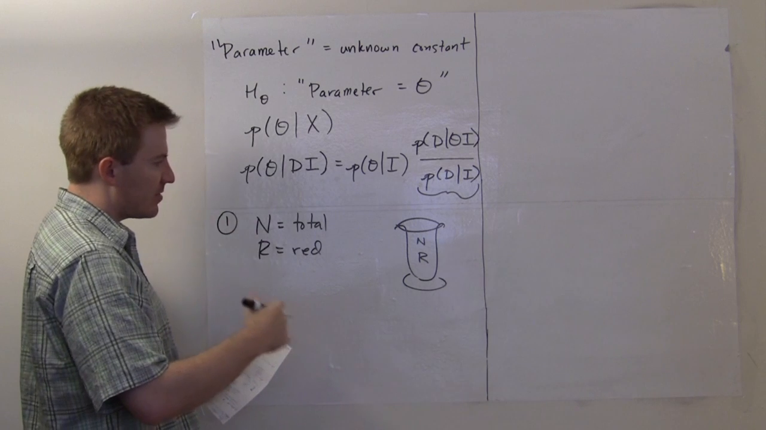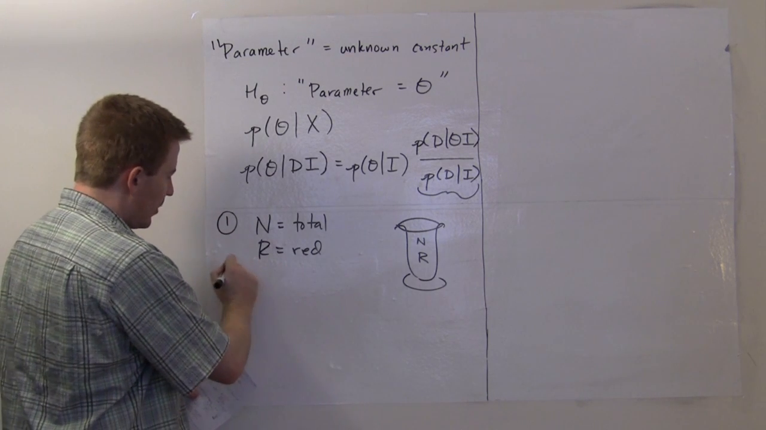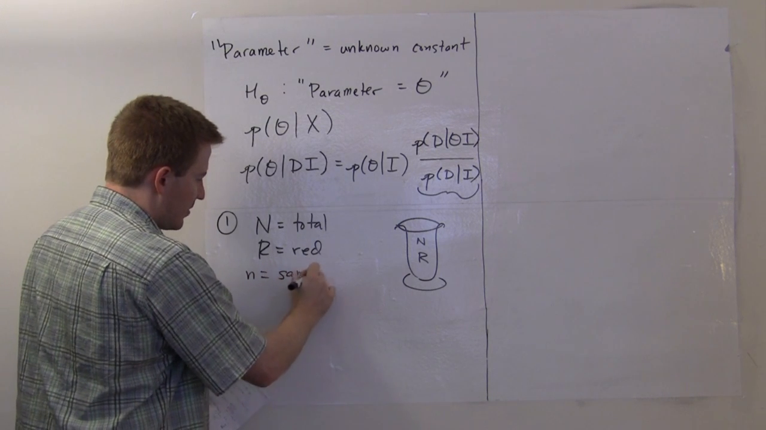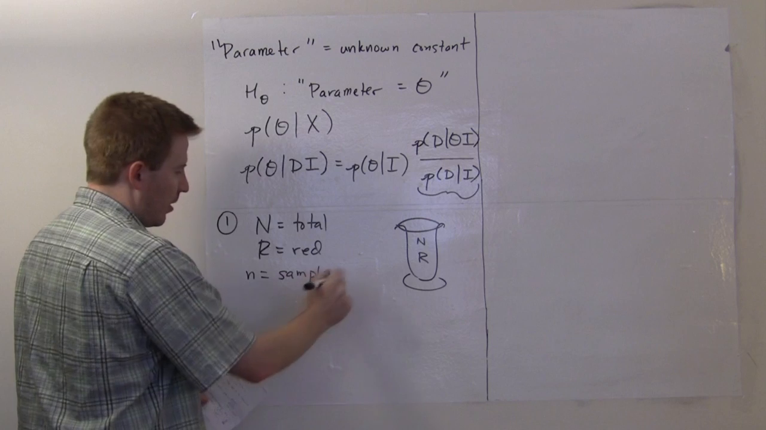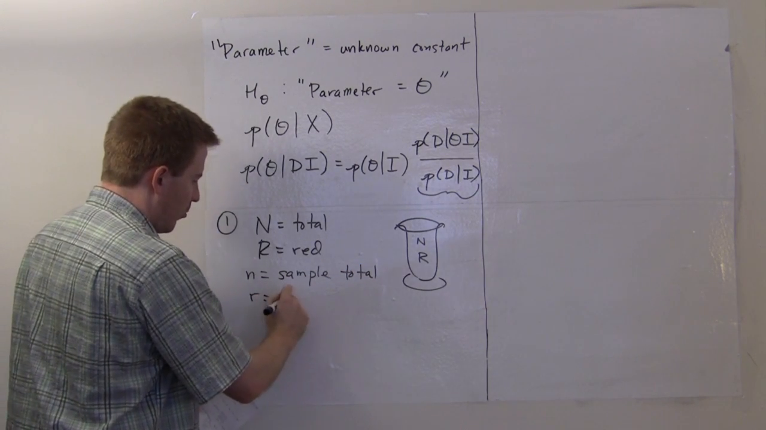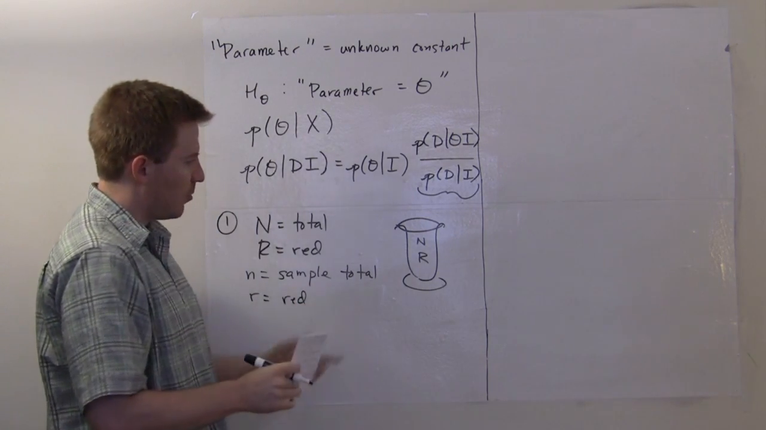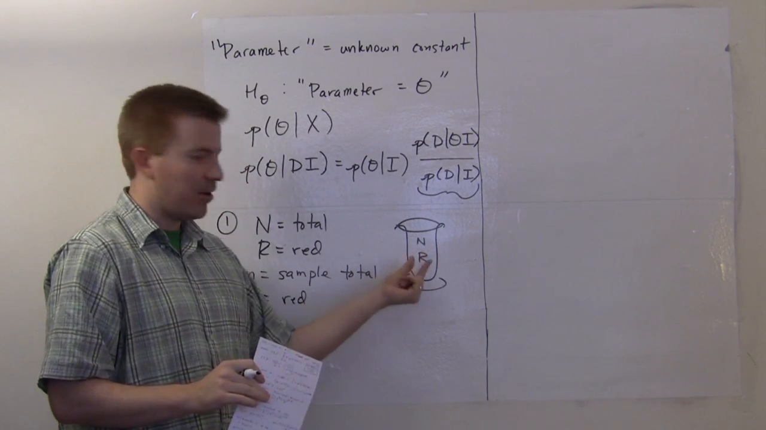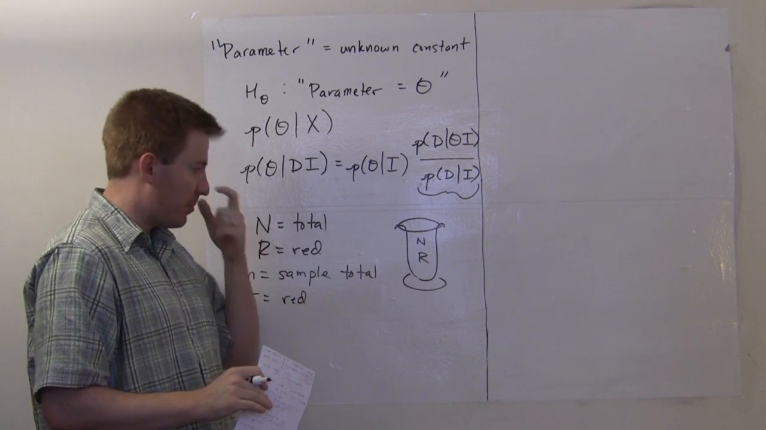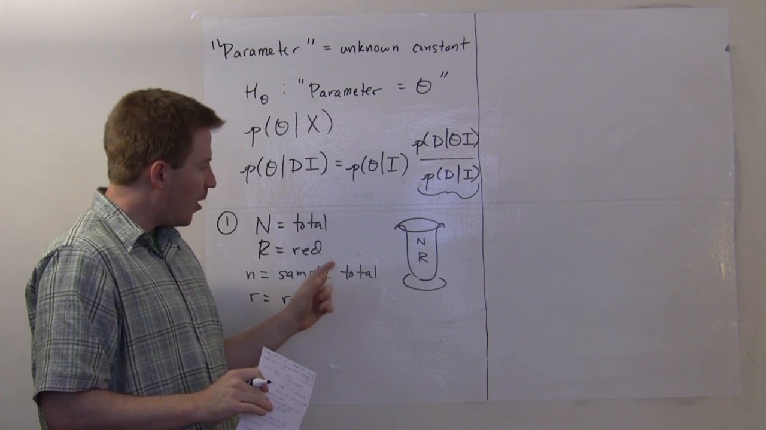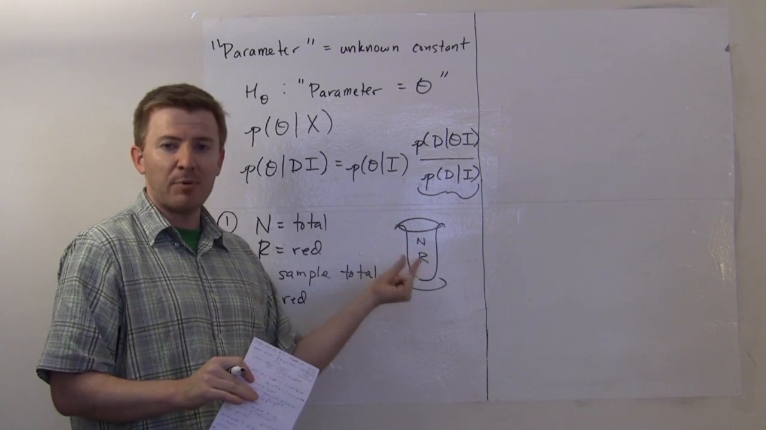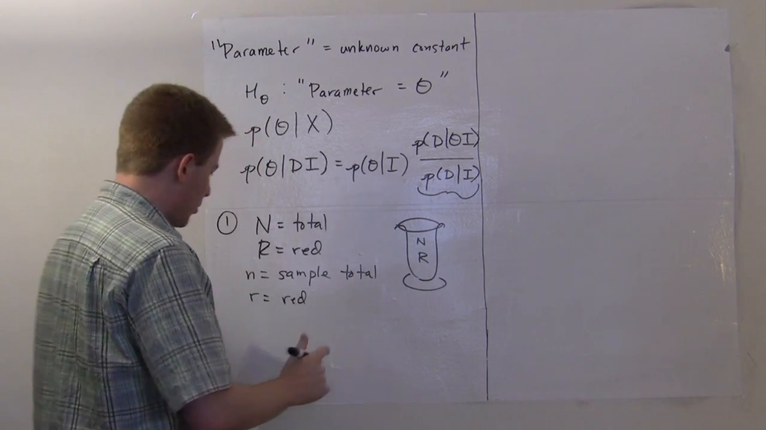We then do a sample without replacement, and we assume that we get a sample of size little n, of which little r are red. So we have capital N and capital R in the urn, we take a sample of size little n, and we get little r of them being red. The point here is that we now imagine that we don't know capital N and capital R. So the question is going to be: